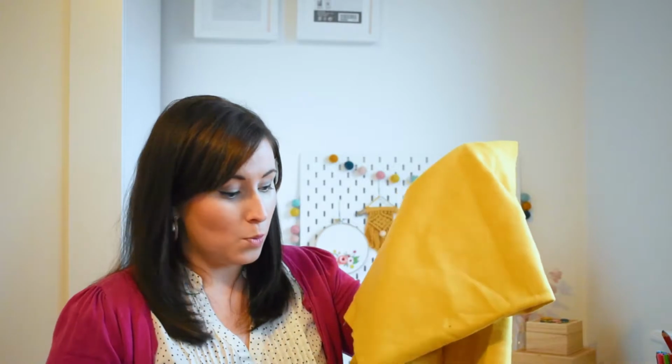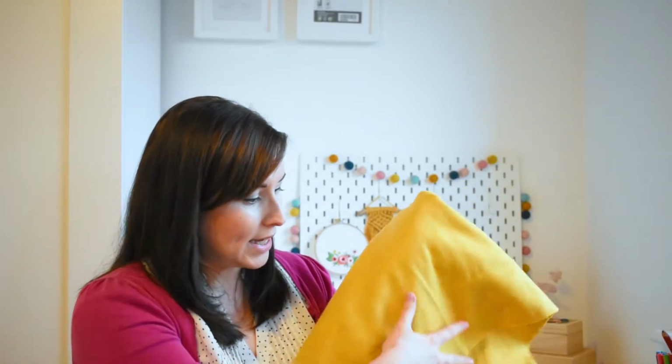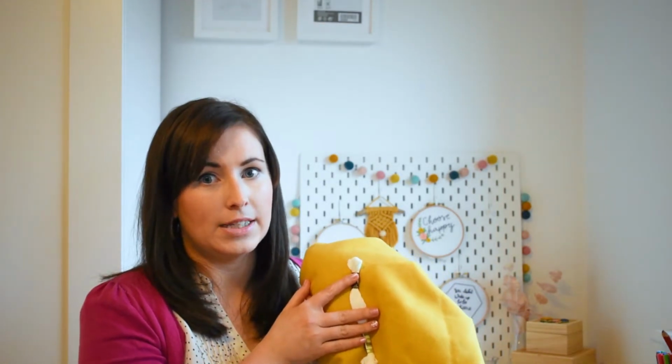But this was one of them. It's a wool, and it's a beautiful yellow colour. It's an exact colour for our living room. We've got teals and yellows and a mid-century modern style going on in the living room. On this I really want to add some tassel stitch, scattered across the front of the cushion in a white. This one is 3865, a very light ivory, and I want to add some tassel stitch going down the centre and down the front of the cushion. So that's cushion number 1, and cushion number 2